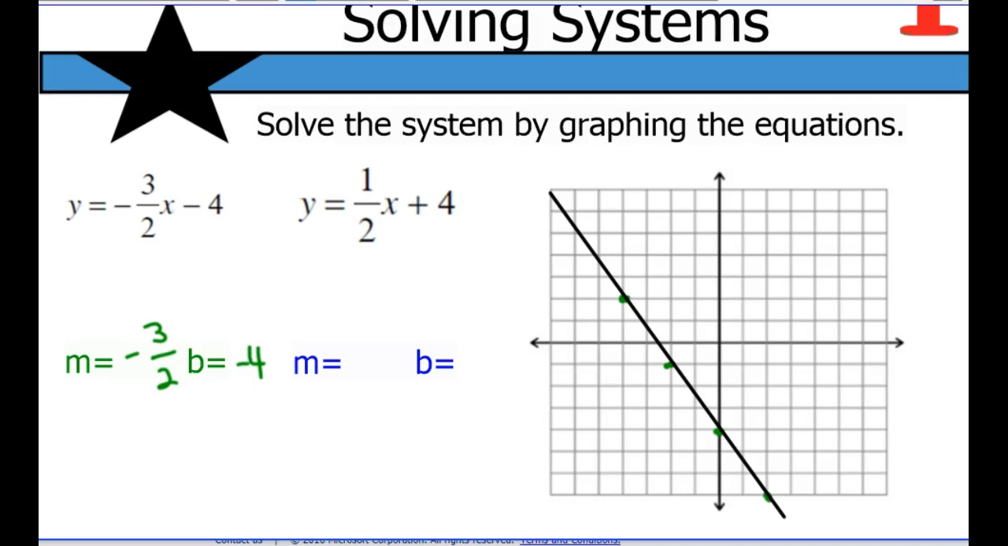Then we would have to graph our other line over here. So looks like our m is 1/2 this time, and our b is 4. So we are going to go up to 4 on our y-axis, 1, 2, 3, 4. And our slope is 1 over 2, or down 1 to the left 2, down 1 to the left 2. So then if we graph this one,